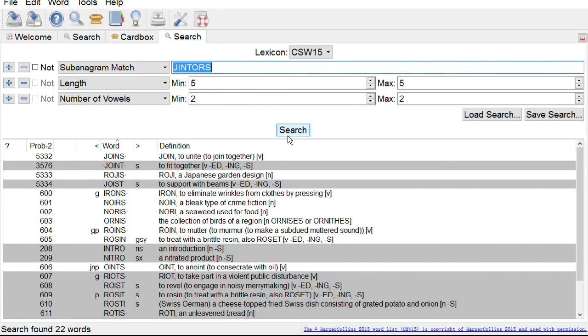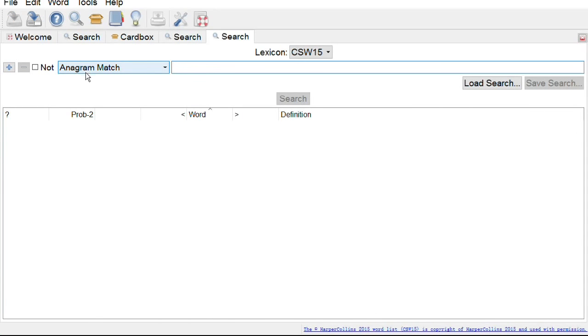Yes, 22 words. So some of the results you had earlier are not here now. These are words which have only 2 vowels. Right, so let's choose another option. Probability order. Okay, for that I might have to start a new search altogether. Right, so let's just say